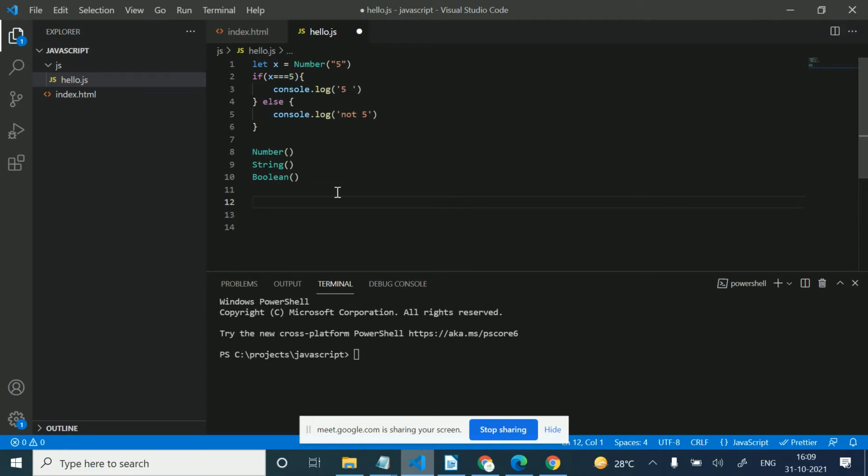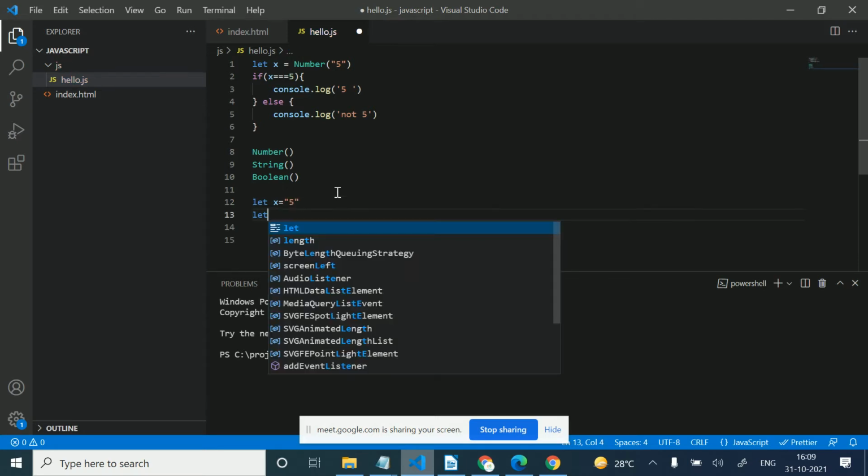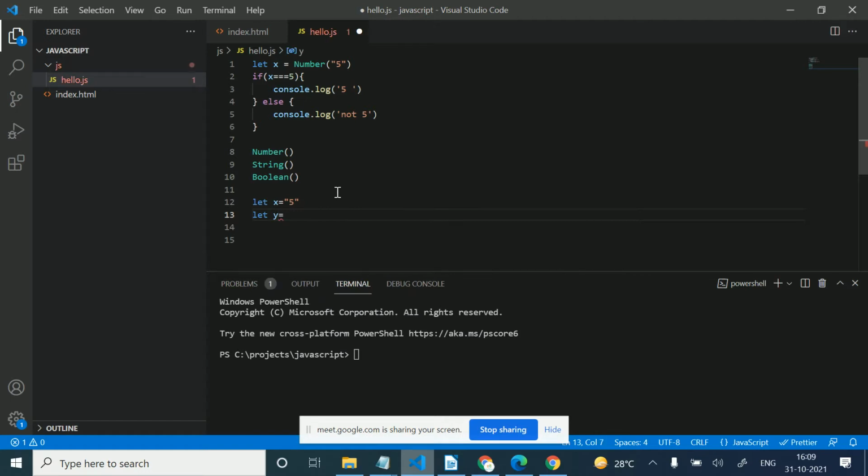Like I have let x is equal to string "5". Now another variable y equal to 5. Now I'm adding this x and y into the z variable, x plus y.